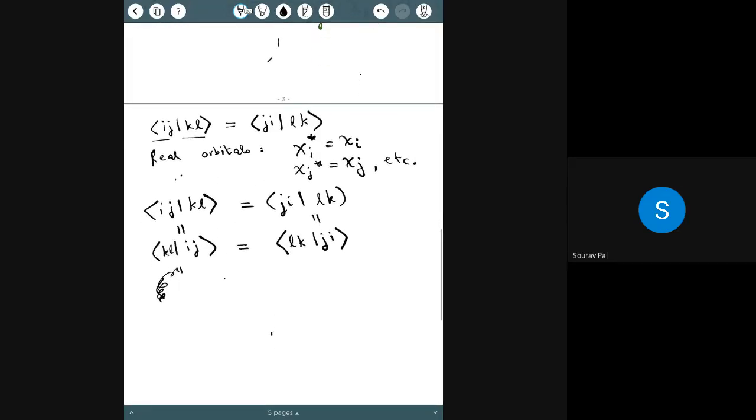And here by realness, you have this is again equal to, no, I did that one. So what is left? So LIJK are again equal. Okay, so what is left now is when I am conjugating one pair of orbitals but not the other. So then this is again equal to